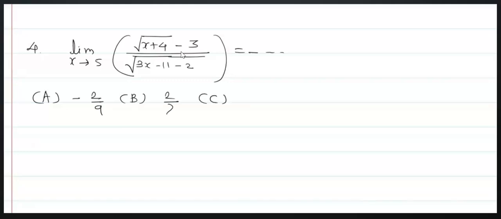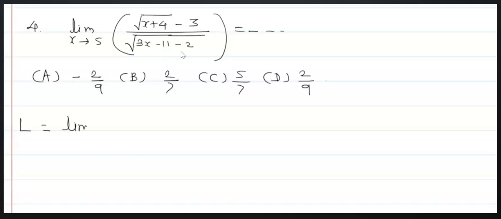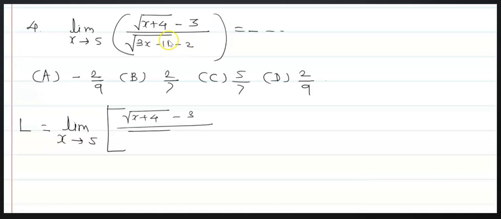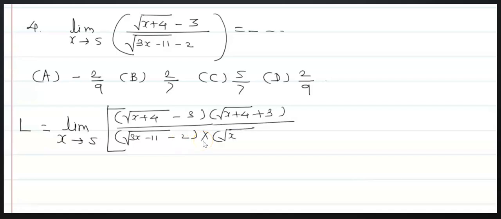That is minus 2 upon 9, 2 upon 7, 5 upon 7, 2 upon 9. Limit x tends to 5, now here we can write it as root of 3x minus 11 minus 2. Now rationalize the denominator and the numerator, both rationalization. Now see this here,